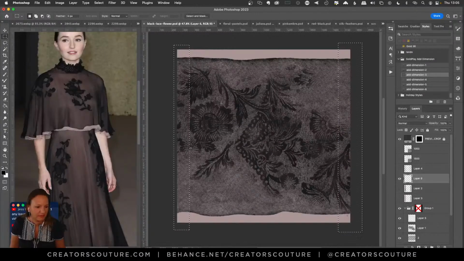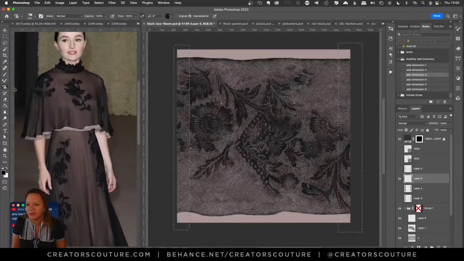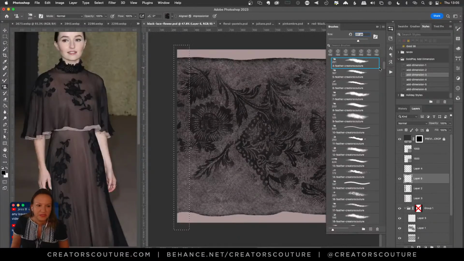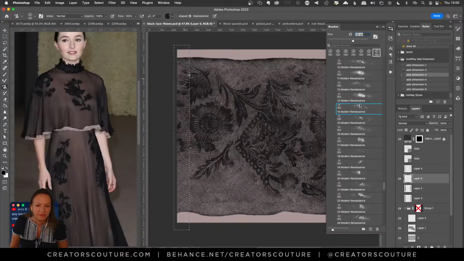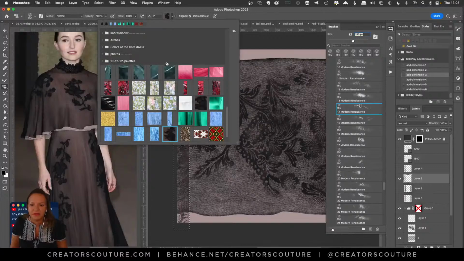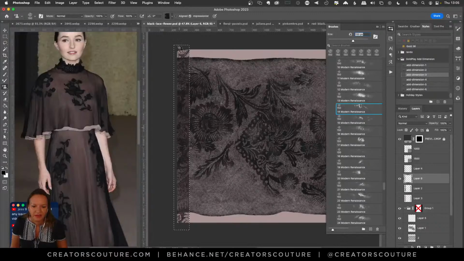And then I'm going to make a new layer. I'm going to go to my pattern stamp tool, and then went to my Renaissance brushes, and I did something like, let's see here. I think I'm going to go back to this palette that I originally made, because it's mainly black, and I think I prefer that.